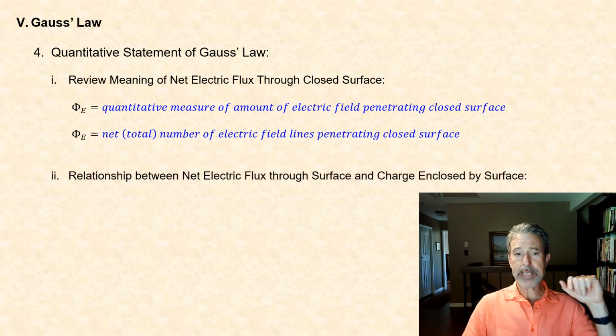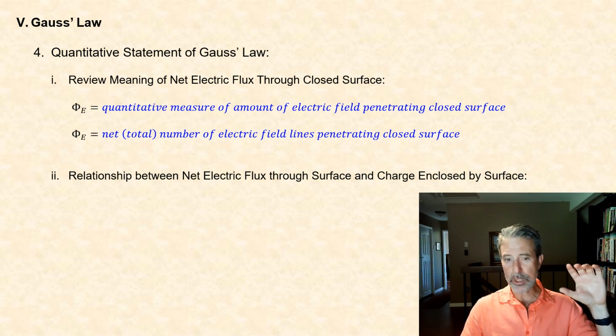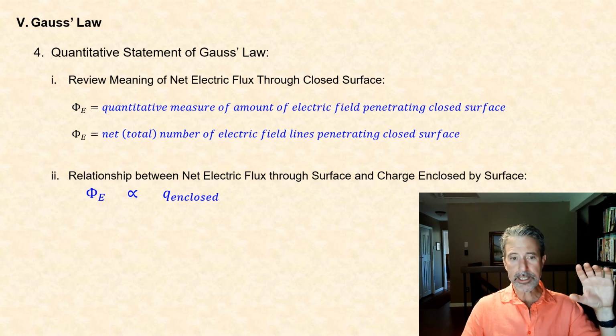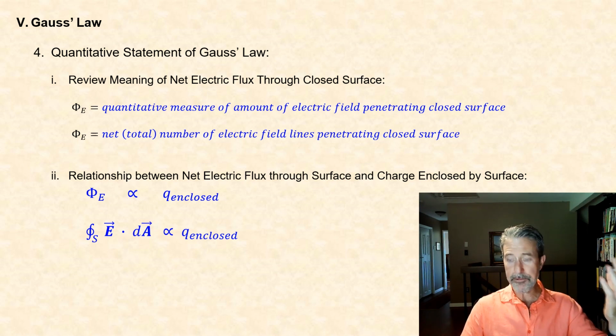We said that Gauss's law is really a statement about the relationship between the net electric flux through a closed surface and the charge enclosed by the surface. There is a direct relationship: the net electric flux through the closed surface is directly proportional to the charge enclosed by the surface. Now, using our quantitative definition of electric flux that we talked about previously,